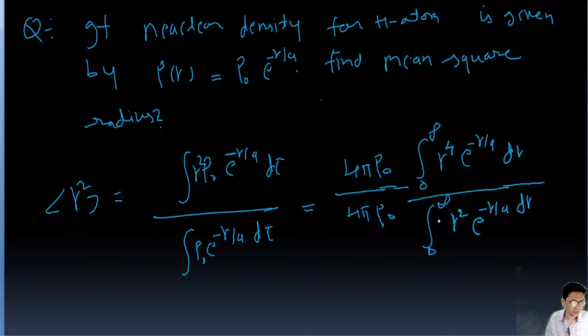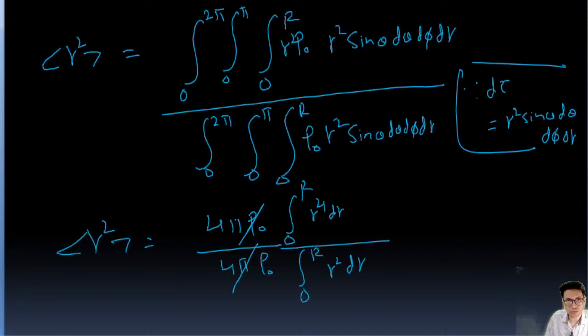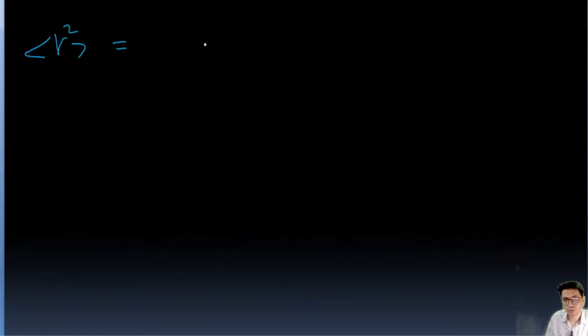Now it is very simple. So this will get cancelled, and r square is going to be integration 0 to infinity r to the power 4 e to the power minus r upon a dr